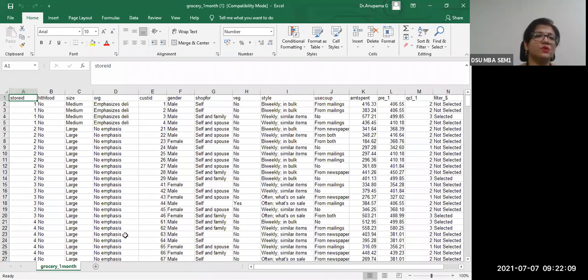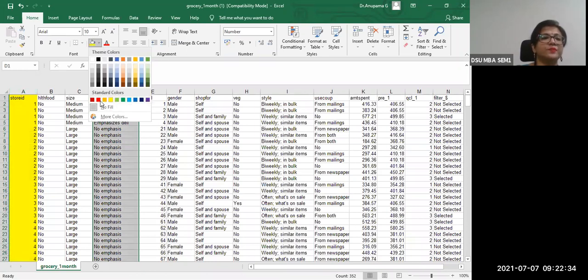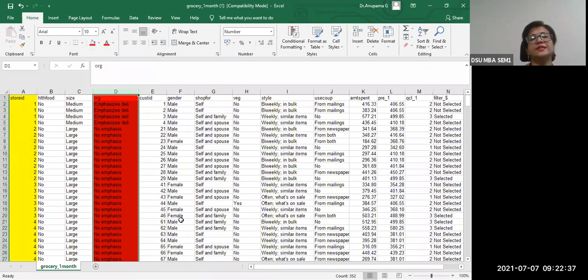My first question to all of you is, in this Excel sheet, what do you think is getting captured in the columns? A, B, C, D, the columns are there, right? If I'm selecting a column, say the first column I'm highlighting in yellow, skipping a few columns, and column D I'm marking in red, right?